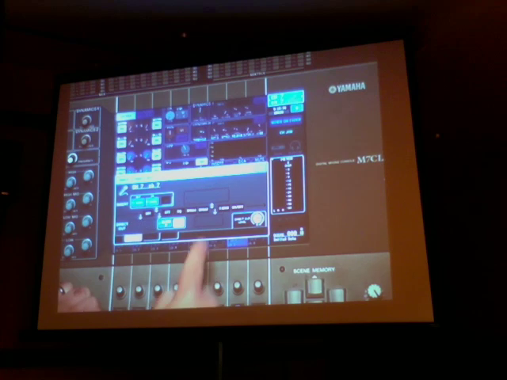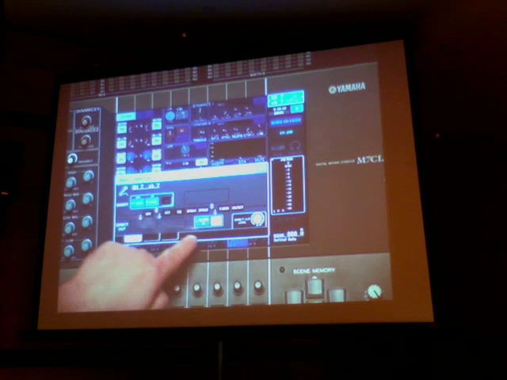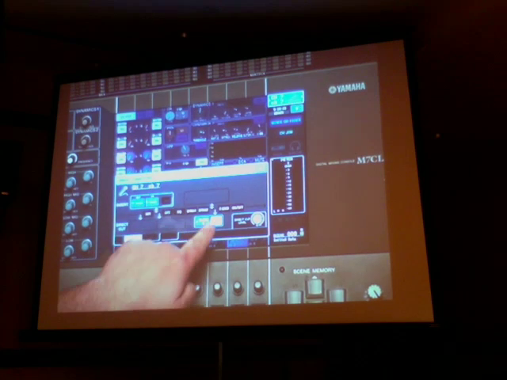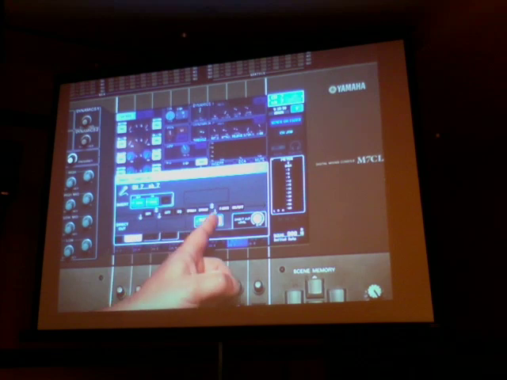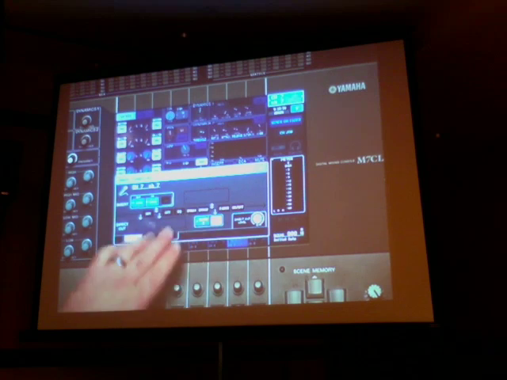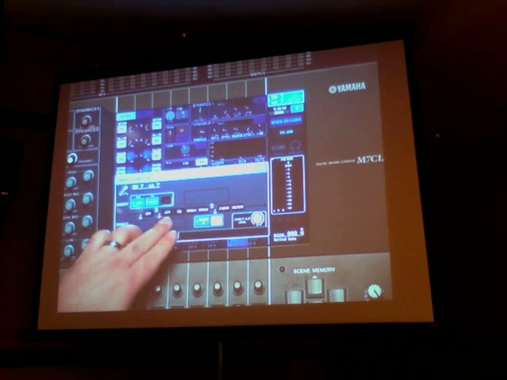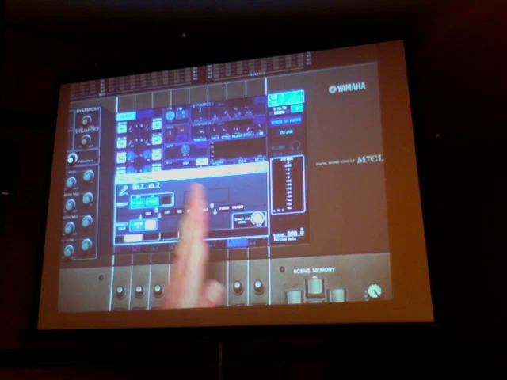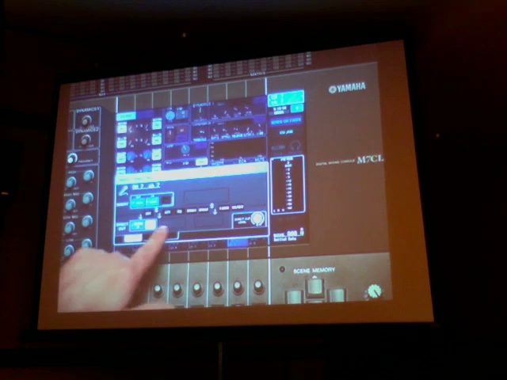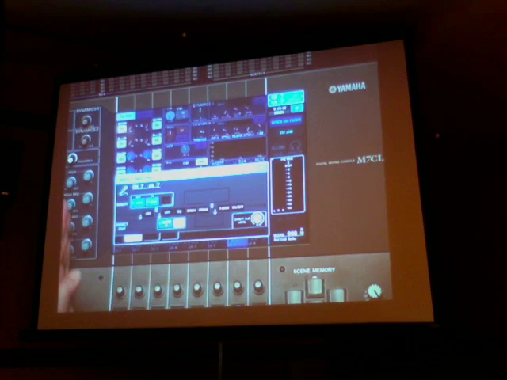My third option will be sending that signal pre-fader, but my pre-fader signal will be post-high pass, post-attenuation, post-EQ, and post-dynamics. The first two are also pre-fader, but the first one is pre-high pass, so it's before anything on my signal flow. The second option is post my high pass filter, but before the rest of the dynamics of that